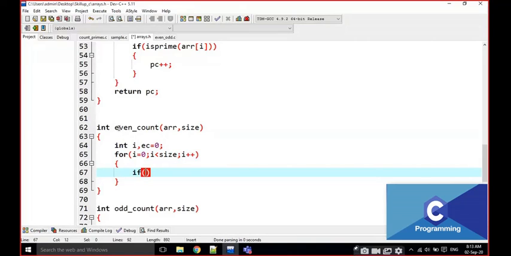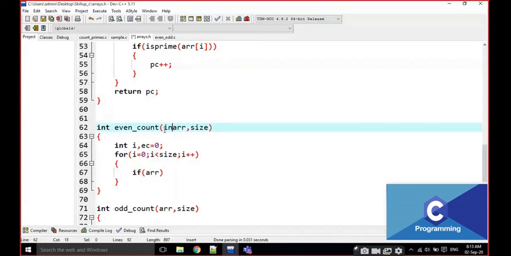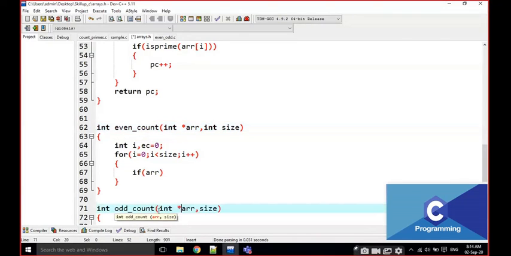I am going to check here if ARR of I, sorry, I made a small mistake here. I am going to write here int star. This is going to be int size. This is going to be int star. These are the variables, right? This is the int size.